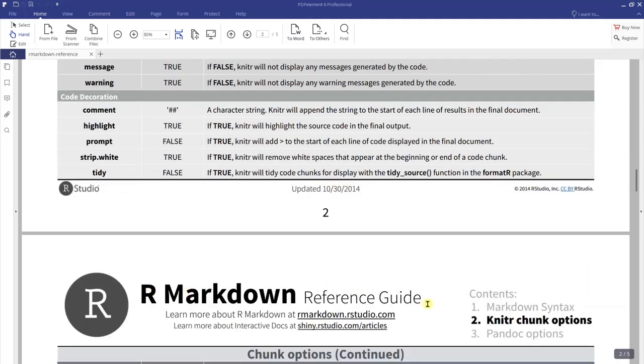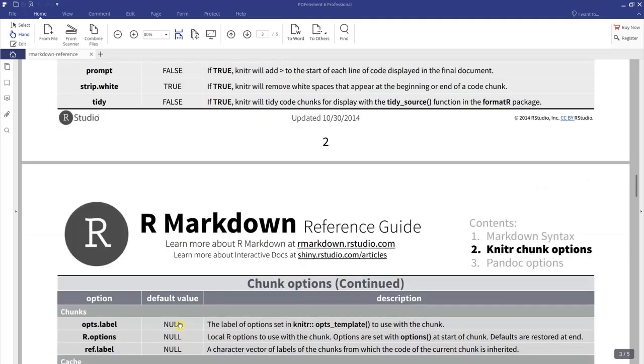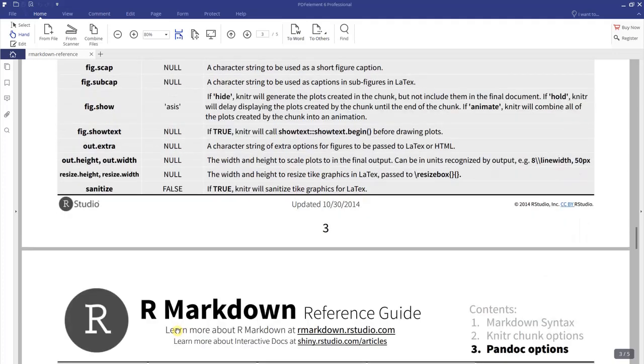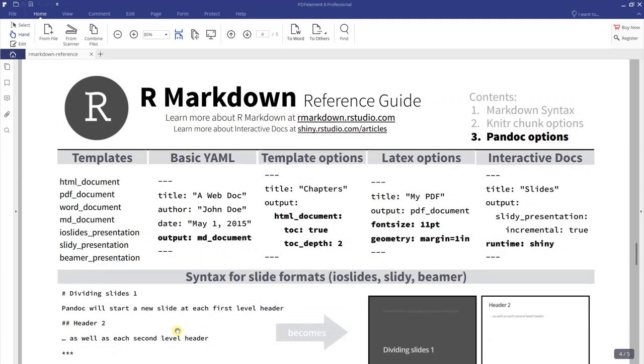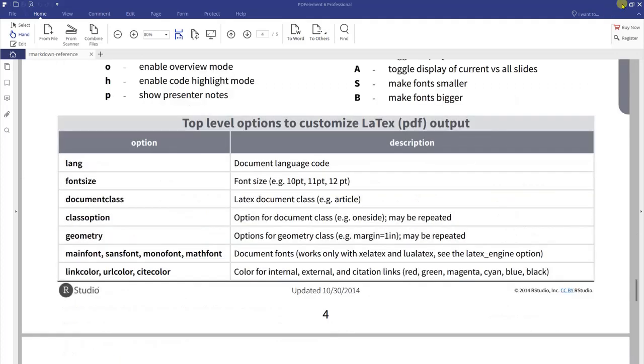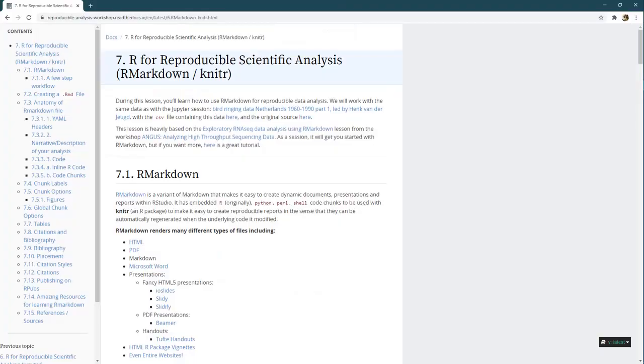So apart from that, you see markdown syntax, knitr chunk options, then pandoc options are also available. Pandoc options are basically for conversion, how it can be converted. So this is a versatile tool. R Markdown is something which one can explore, and research work which is done in R can be nicely blended and formed into a document, and when it is shared with others, they can also do the analysis and then reproduce the same results.